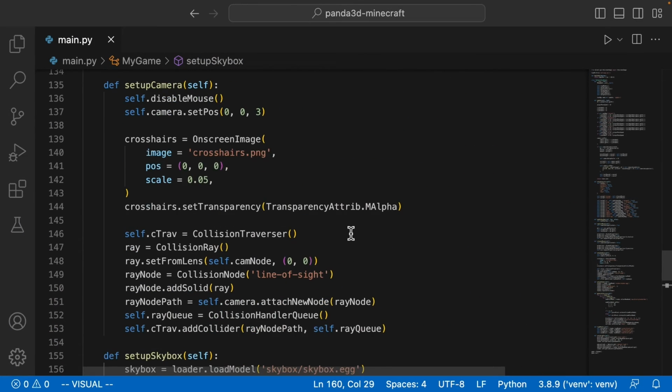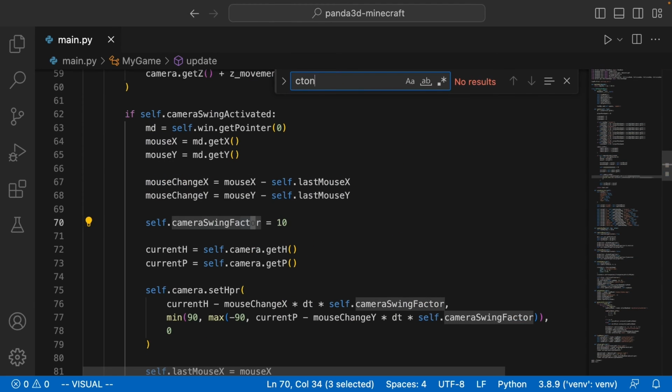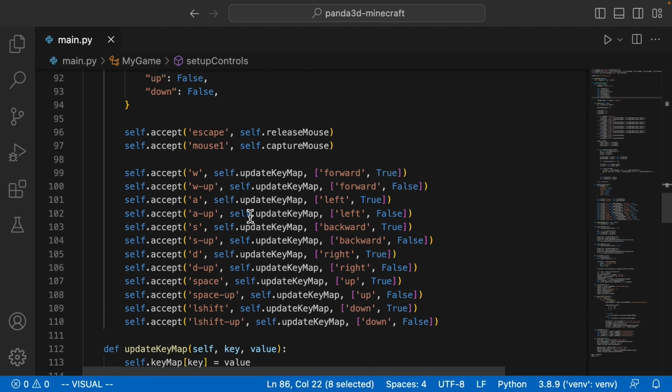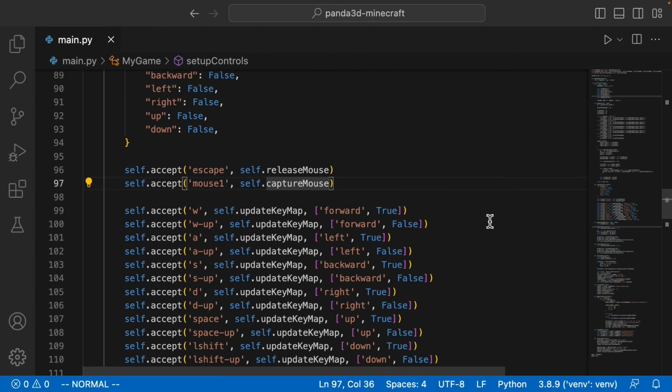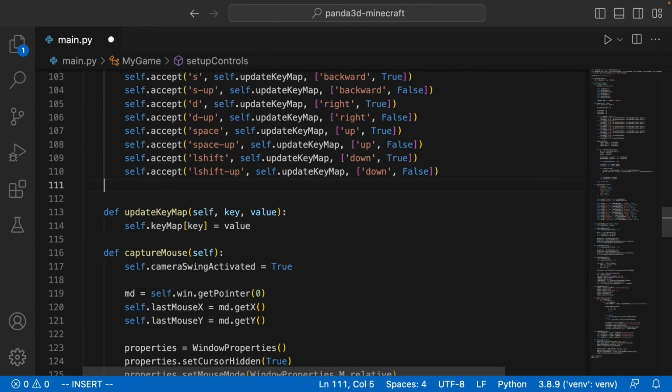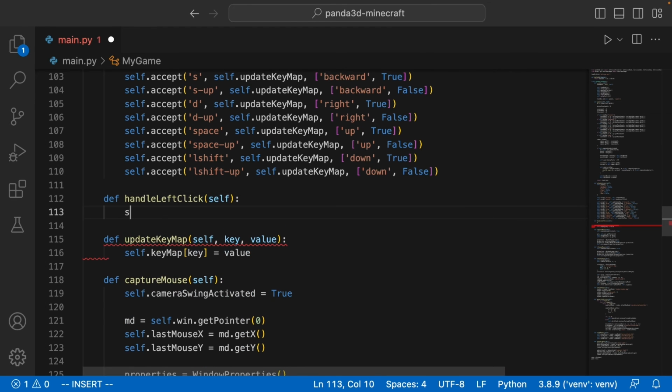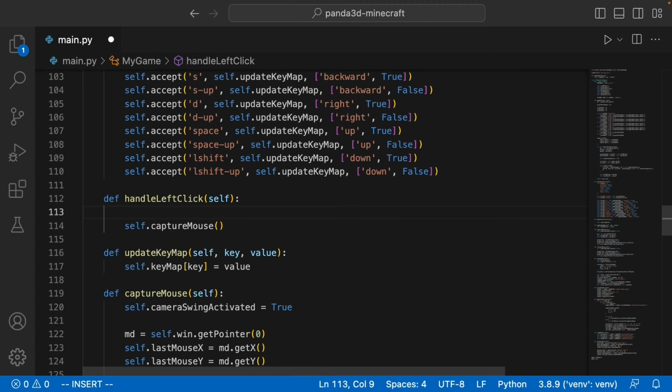The first thing that we're gonna wanna do is find where we set up the controls. I'm just gonna search for that here. Set up controls. And instead of having the left mouse button directly call capture mouse, we're gonna create a sort of intermediary method called handle left click. And the reason we have to do this is because you can't pass multiple methods to the self.accept method in Panda3D. So what we're gonna do is just add a handle left click method here. And all that this is gonna do is say self.capture mouse, if we haven't already captured the mouse, of course. And we're also going to say